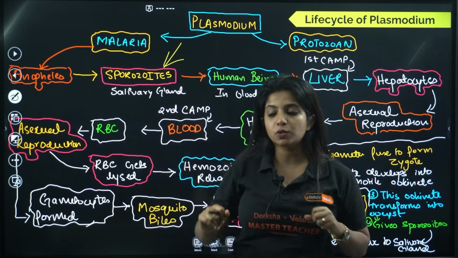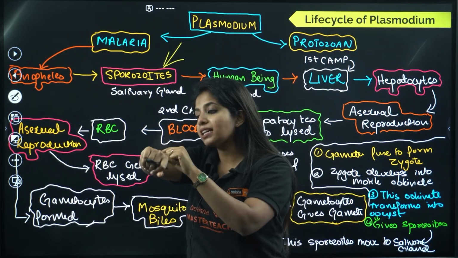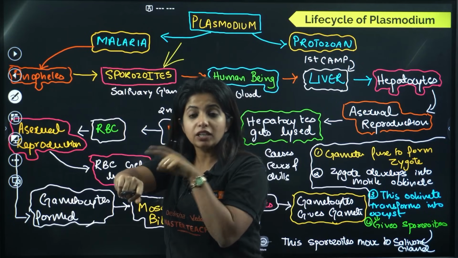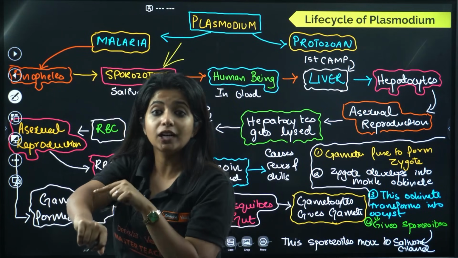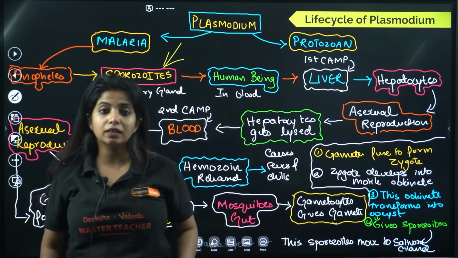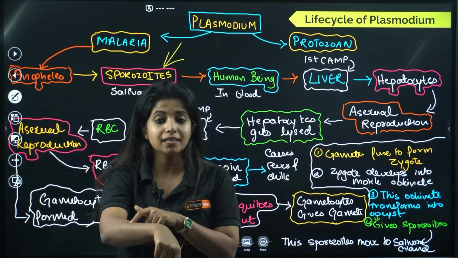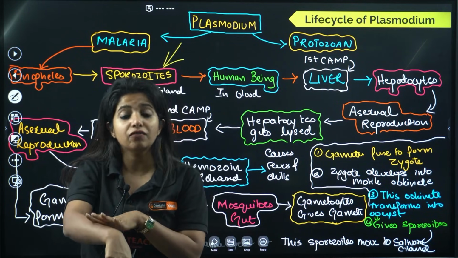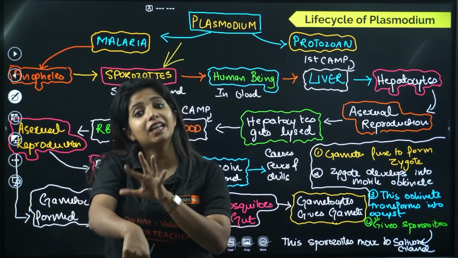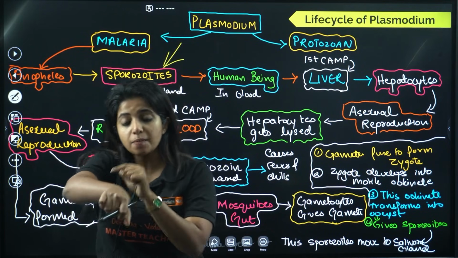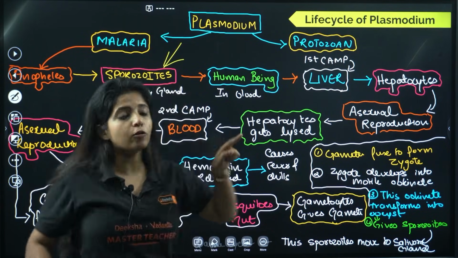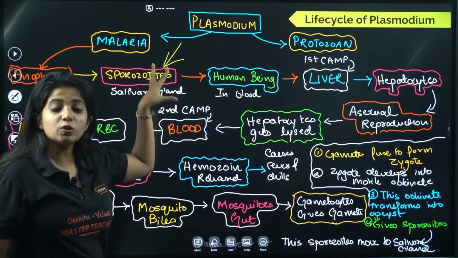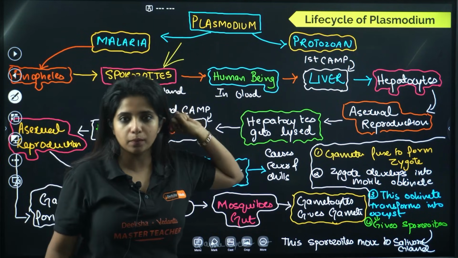Suppose this Anopheles mosquito came into my body and tried to suck my blood. When it does, it has to make sure that my blood is not getting clotted, because in my blood there are so many things that will make a clot. In that case, the mosquito will not be able to drink the blood, which is why it releases its saliva, because in its saliva there are anti-clotting enzymes. But when it passes its saliva, isn't it also passing the sporozoites? Yes, ma'am. Now sporozoites are successfully inside the human body.